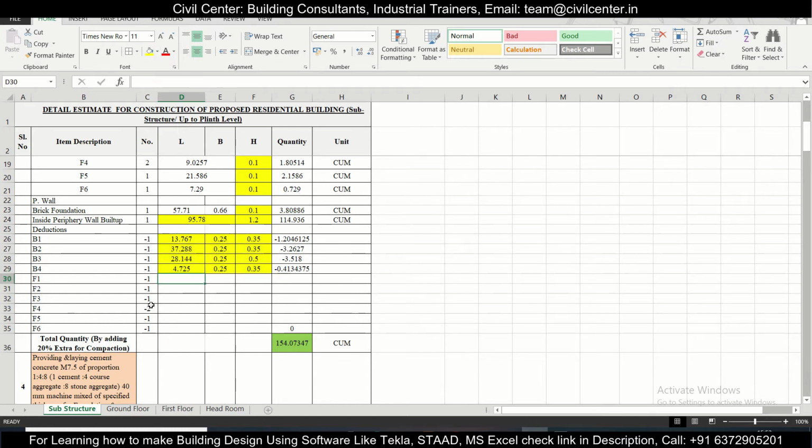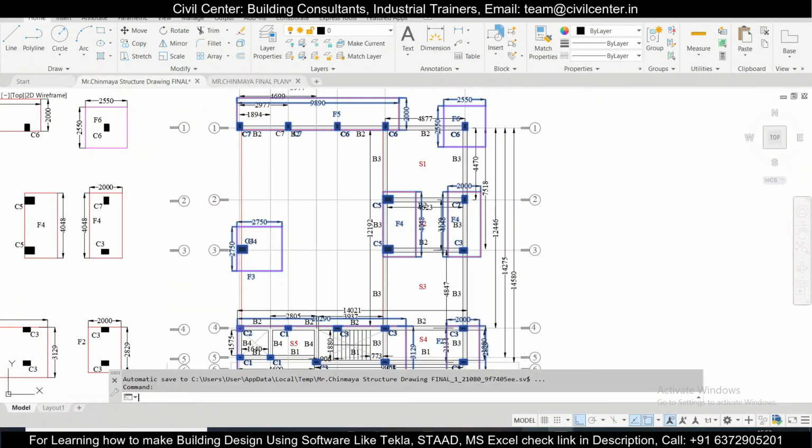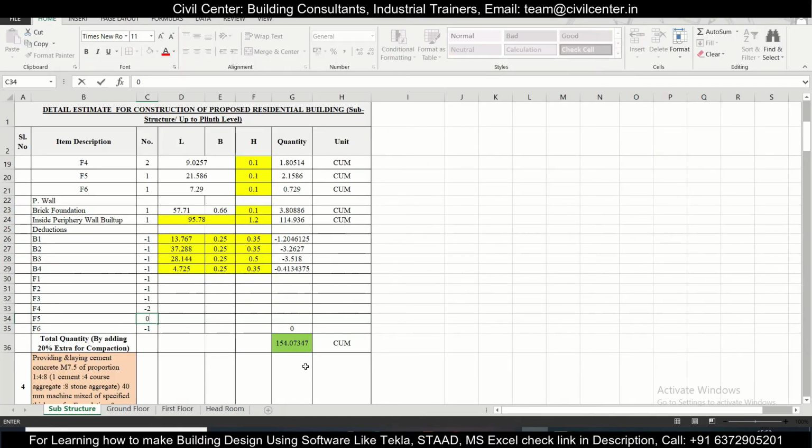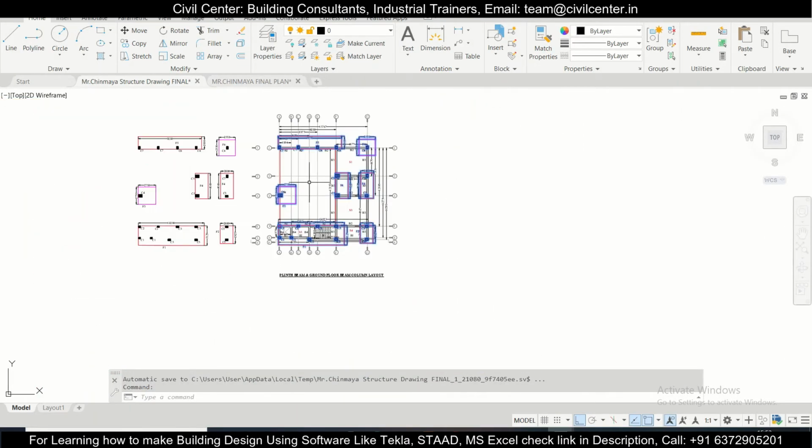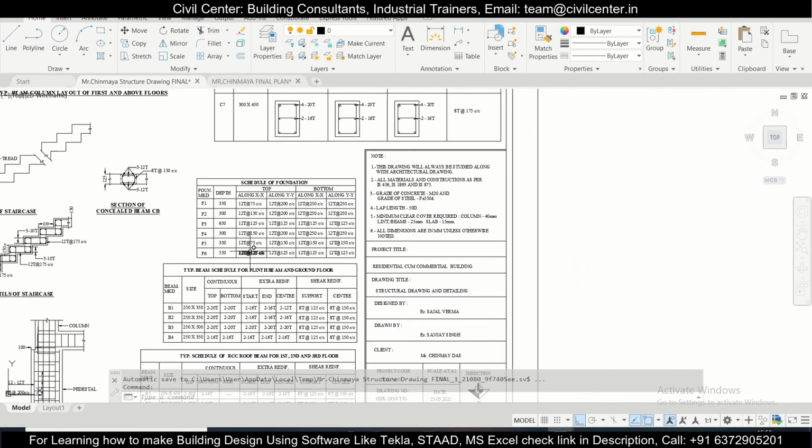Okay, footing is automatically done, and for the footing F5 we'll just do this as 0 because there's nothing required for the F5. Now for the F1 you can write the length and breadth, or we'll simply write the total area which is involved. So merge and center this, and the height, let's write for all the footings. Okay, so these are the footings.